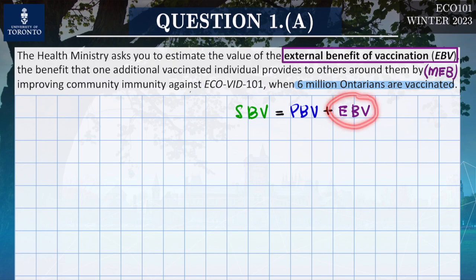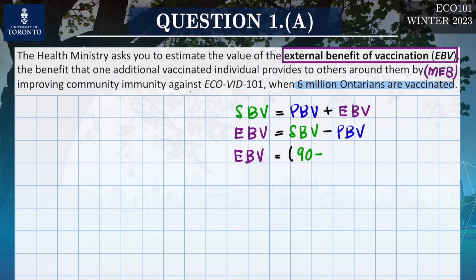So this last term is what we want to solve for. The external benefit of vaccination is simply the societal benefit of vaccination minus the private benefit of vaccination. And we already have formulas for both of these terms. The societal benefit of vaccination is 90 minus 5Q, according to the formulas that you have at the beginning of the problem. And we also have the private benefit of vaccination, which is 90 minus 35 times the quantity of people vaccinated